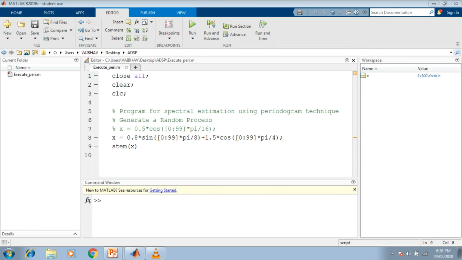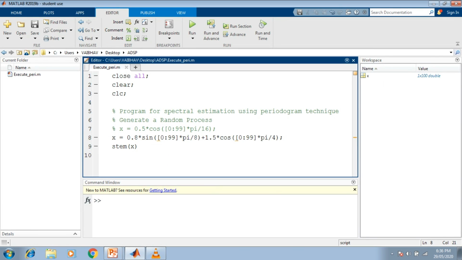So this window we close. So we are now not going to make use of this X as a periodic signal, but as a random process here. So there is no use of stem here. Now another technique to generate a random process is directly assigning the values of the amplitude levels to this X here. So it can be assigned in array form,